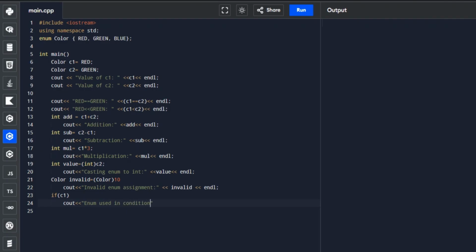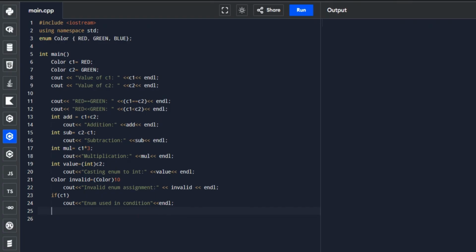If the C1 value is true, then it will display this line. So now this button. Okay, we're done with our number 9 operation, which is using the enum in a condition.